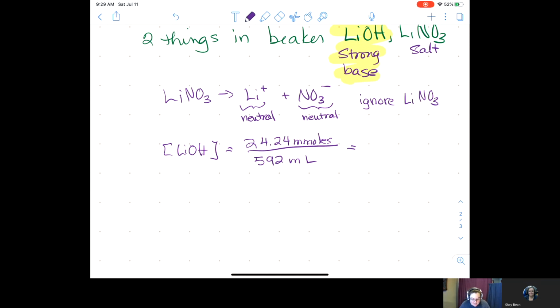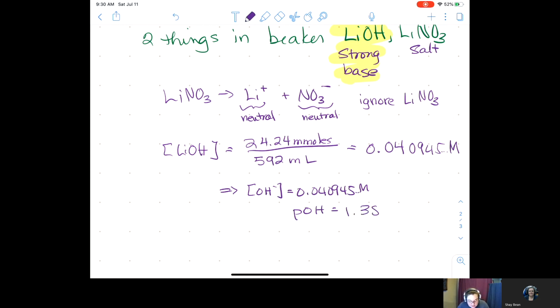And so the molarity of the lithium hydroxide is 0.040945 molarity. Millimoles divided by milliliters is molarity. Moles divided by liters is molarity. You get the same answer. So that is the molarity of lithium hydroxide, which means the hydroxide ion concentration is also 0.040945 molarity, which means the pOH